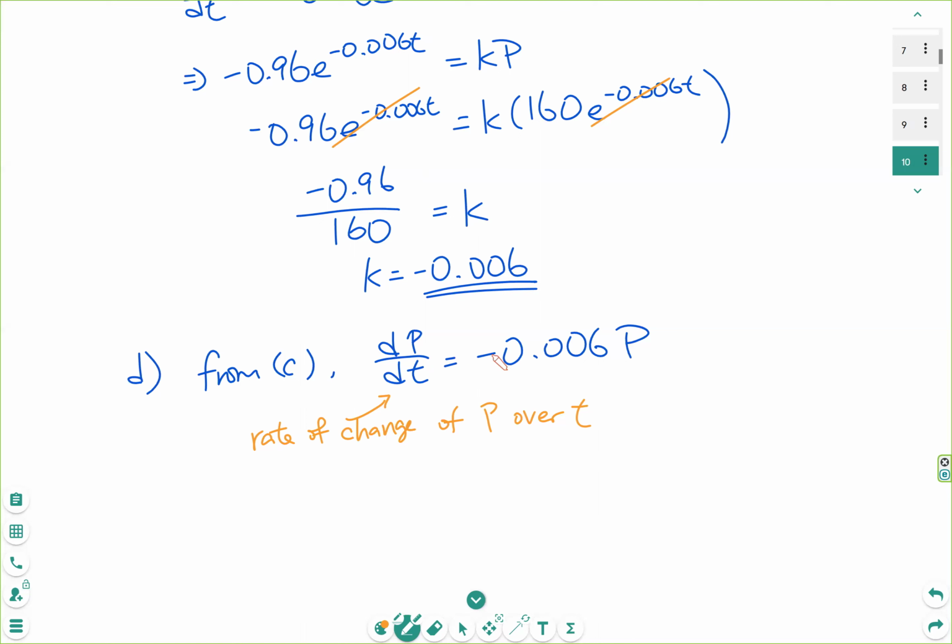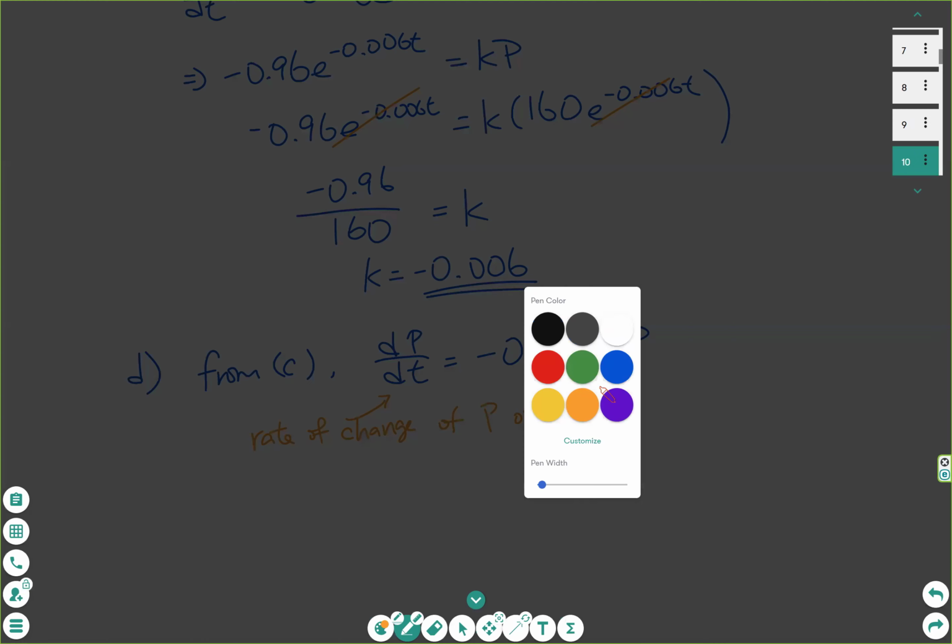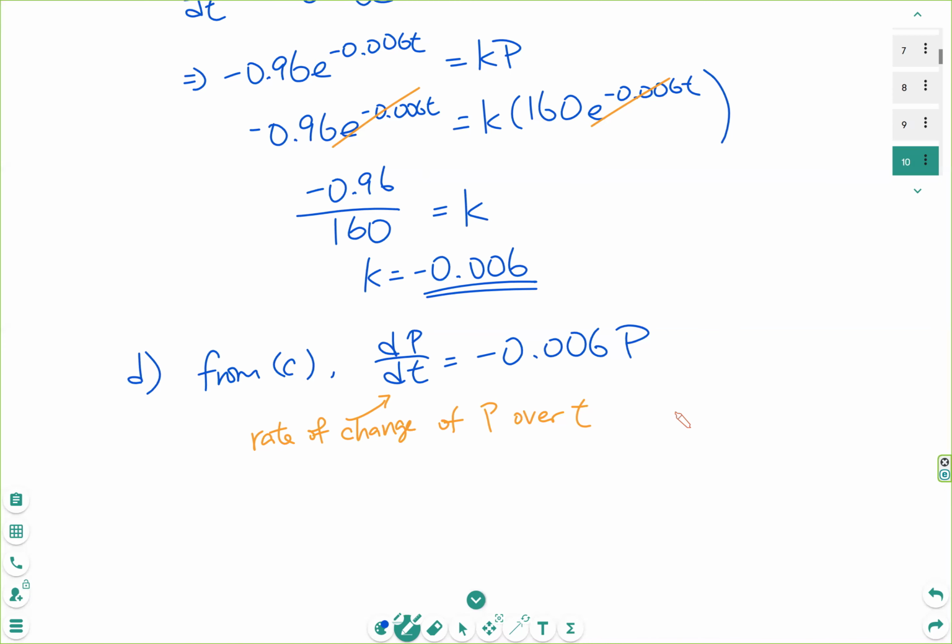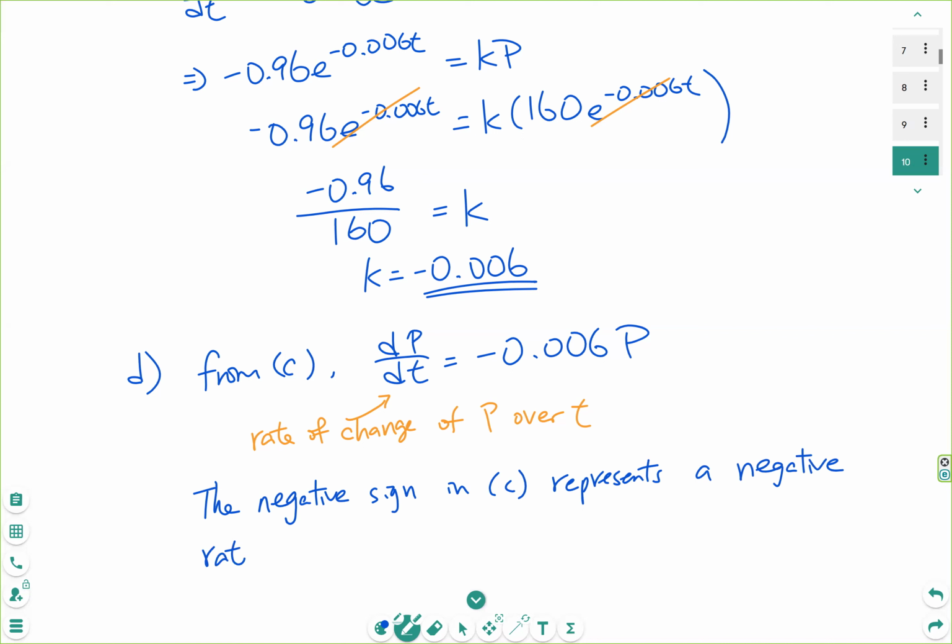If it's negative, it means a negative rate of change. So the negative sign in C represents a negative rate of change